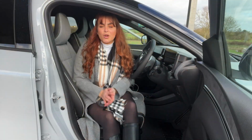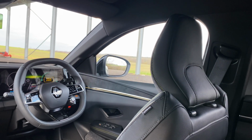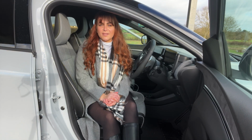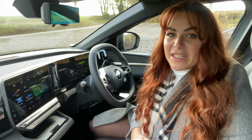You'll also have no trouble getting comfortable. The seats and steering wheel have a good level of adjustment, and adjustable lumbar support is included as standard on the higher trim versions. If you're buying an electric car, it's possibly also important to you that it's sustainable, and